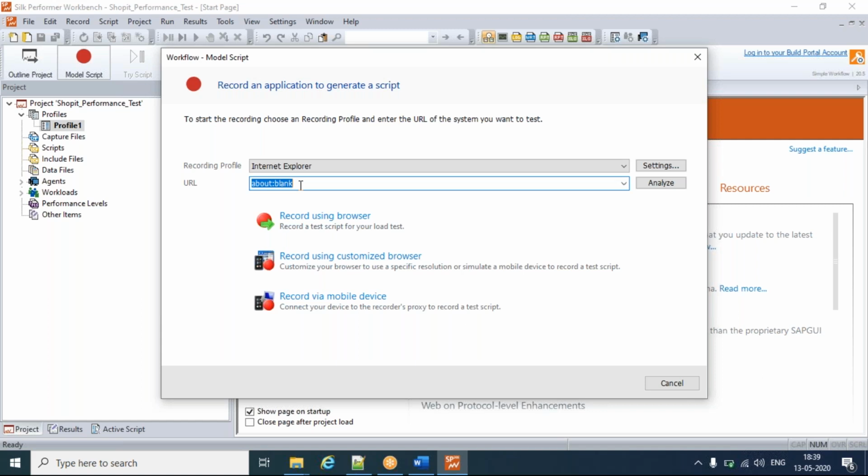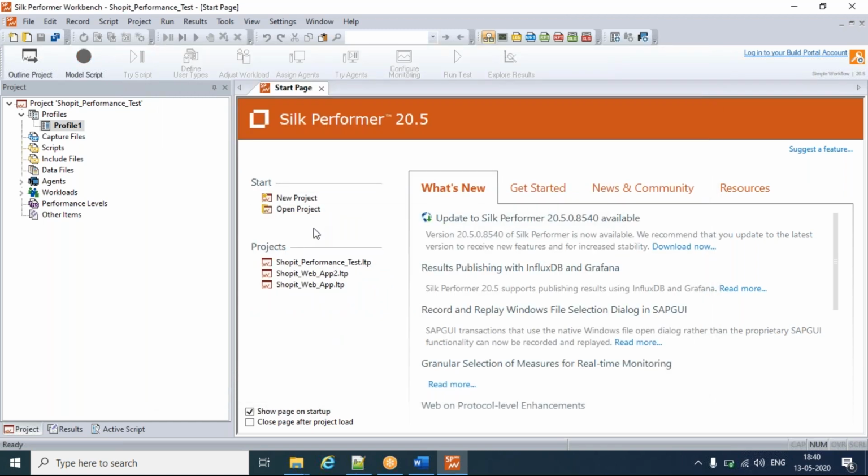Once the script gets generated, within the script we'll manually have to put the transaction name for that particular URL, I mean, we need to enclose those URLs into the script manually. For that matter, I generally keep it blank and do not mention any URL over here. And these are three different options with which we can invoke the recording. Okay, so we will go with the first option, record using browser. Once I click on it,